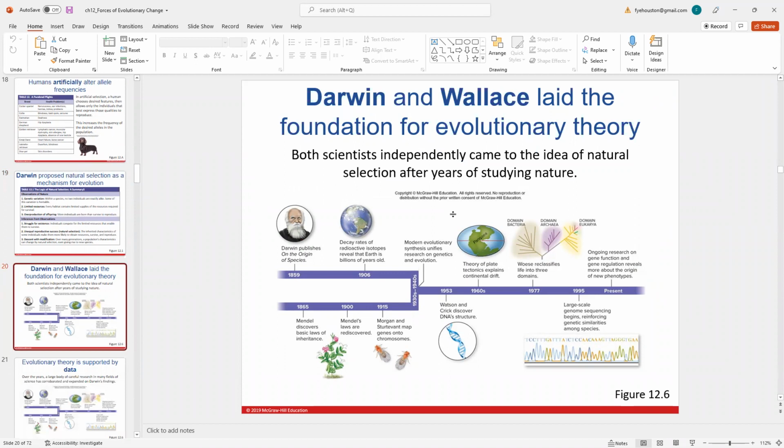So Darwin and Wallace laid the foundation for evolutionary theory. Darwin thought of it first, to be perfectly fair. He thought of this in the 1830s, but he didn't do anything about it because